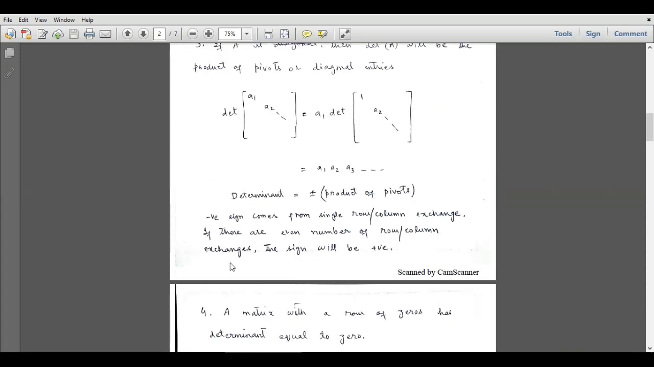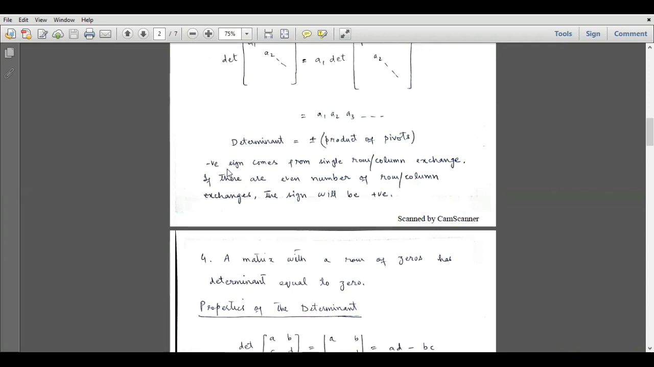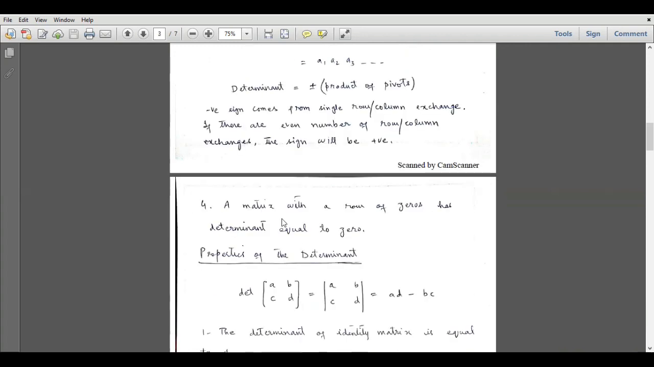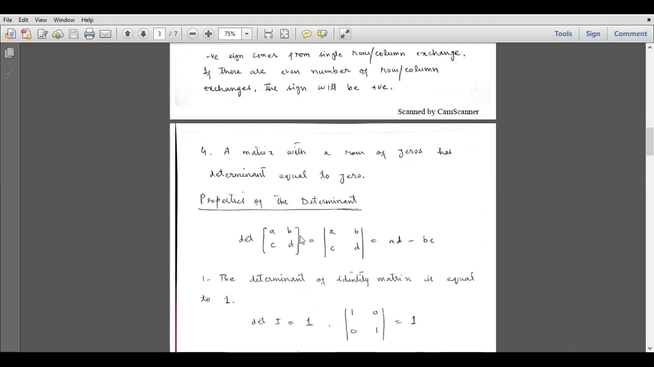And if we are doing some row or column exchanges, then negative sign will be placed with the determinant. So I will discuss this property soon in this lecture. So let's discuss the fourth property. A matrix with a row of zeros has determinant equal to 0. So if a matrix has entire row equal to 0 or entire column equal to 0, the determinant will